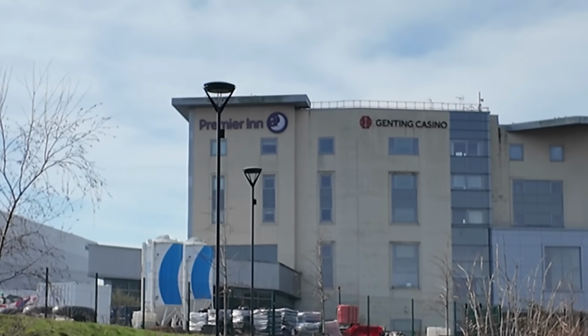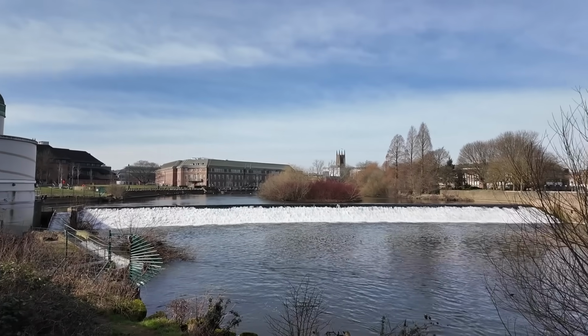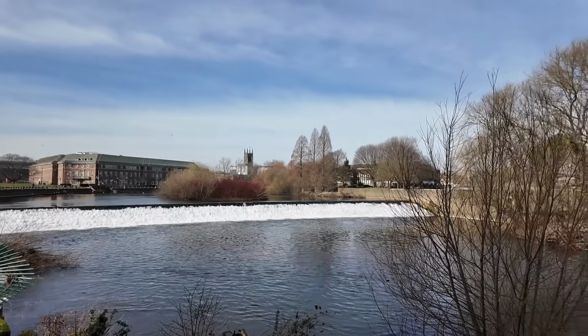Well, there's the Premier Inn I stayed at, and here's the flowing water. Oh yes, absolutely beautiful. And I remember when I stayed at that Premier Inn as well, I had to go